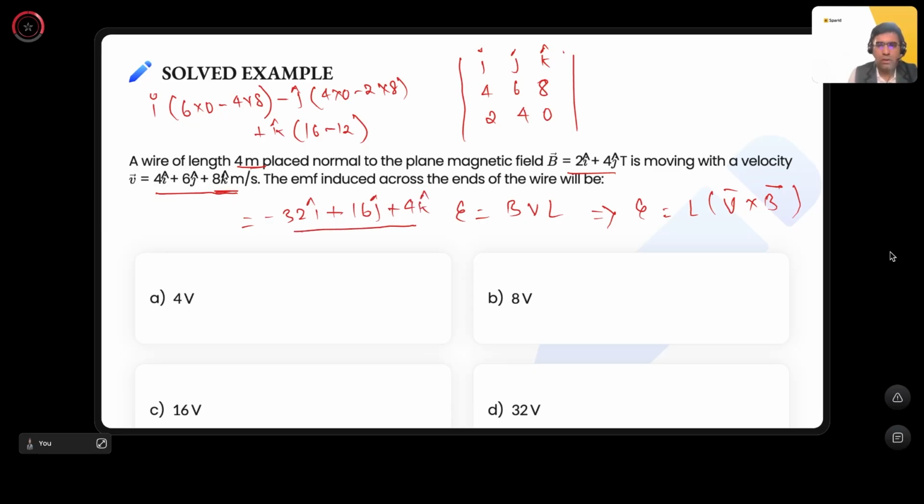All right. Now, if you find the magnitude of this entire thing, the magnitude comes out to be 36. Now, this is the per unit length thing. The wire is placed normal to the magnetic field and its velocity. So this thing will become